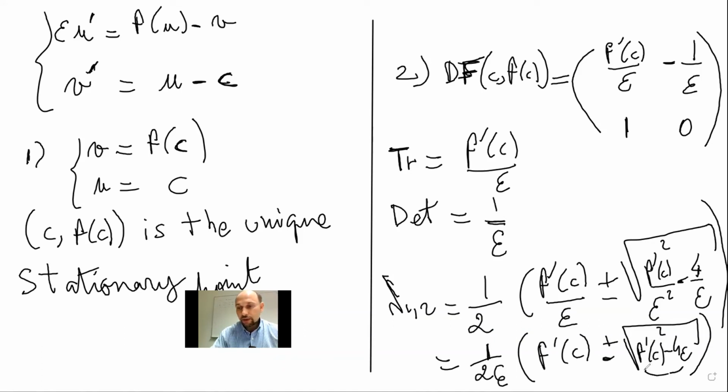Either this quantity is positive, then my eigenvalues will be real, and if it's negative, they will be complex. In any case, the real part of the eigenvalues is given by the sign of f prime of C. So I can deduce from that